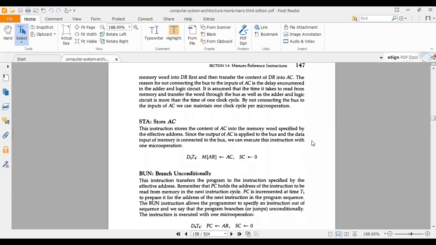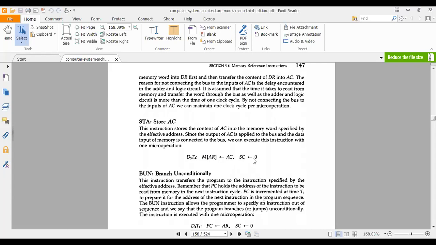Loading means from memory locations to the accumulator. Storing means from the accumulator to the memory locations. Okay. So the data at the accumulator, or the result at the accumulator, is moving to a particular memory location. That location is maintained by AR. After finishing that, your sequence counter must be 0.